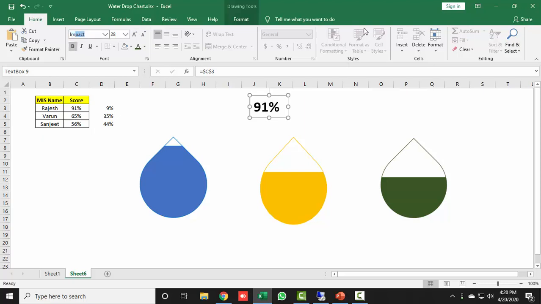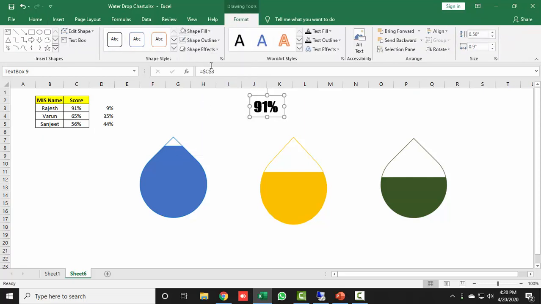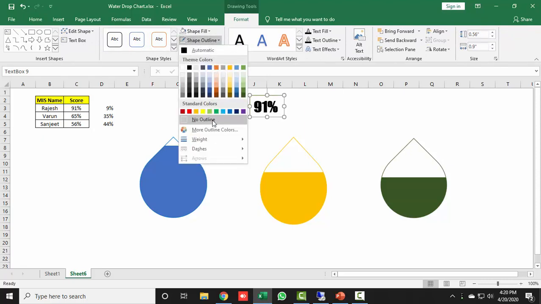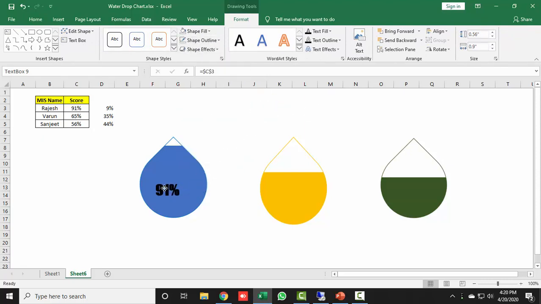It will look something like this. Then select the text box, set Shape Fill to no fill and Shape Outline to no outline. Then keep it like this.